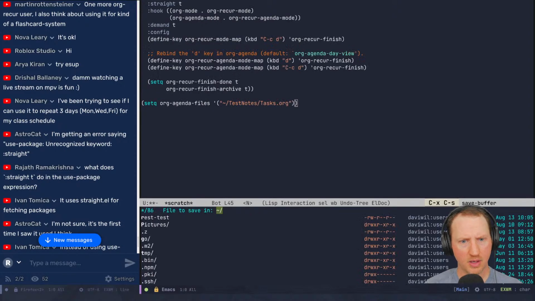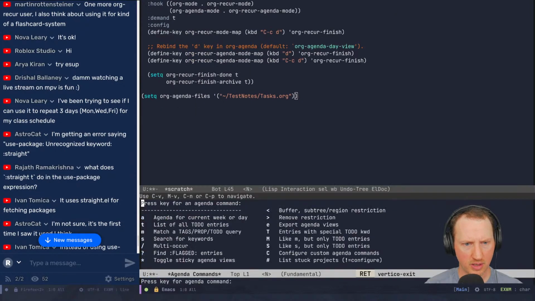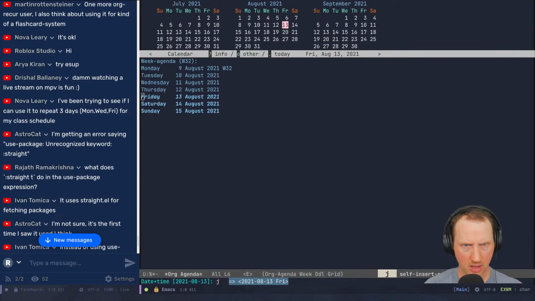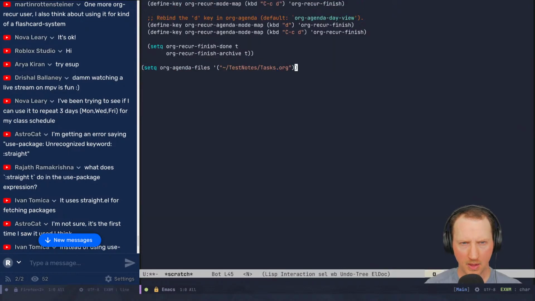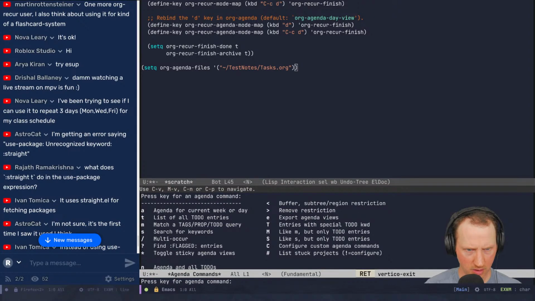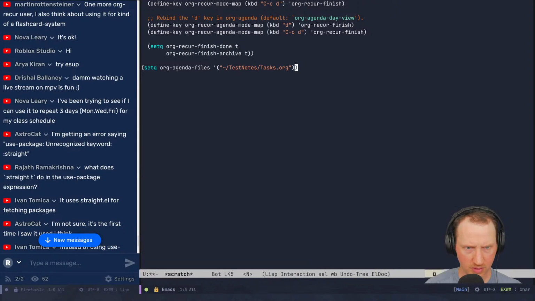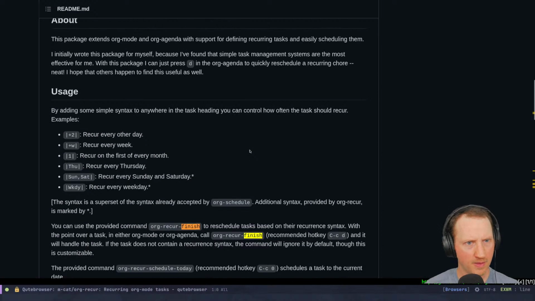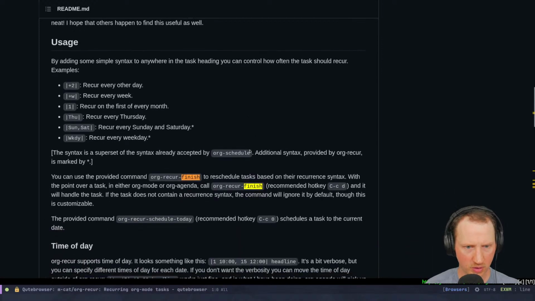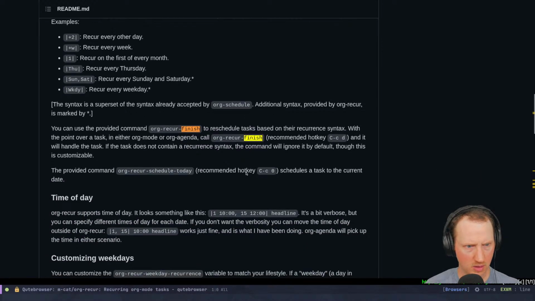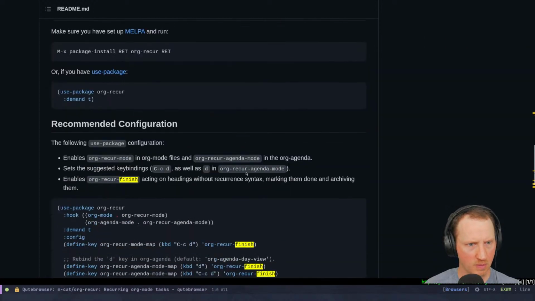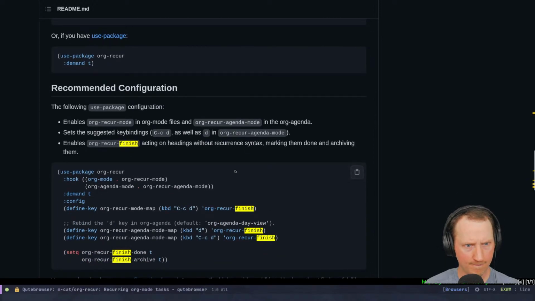Evaluate that. Org agenda. Agenda for the current week or day. Not showing up. Let's see, what else? Org agenda. List of all to-do entries. See, that's the thing. There's no to-do on these. It makes me wonder whether it would show up by default.